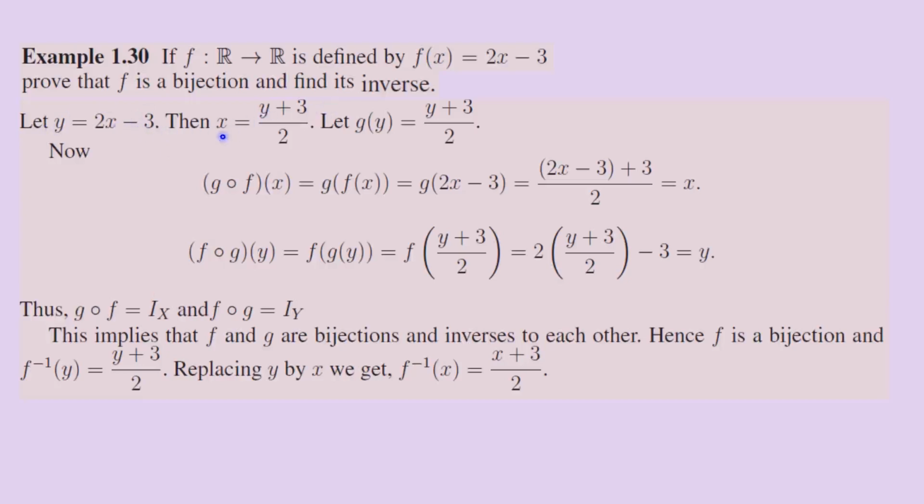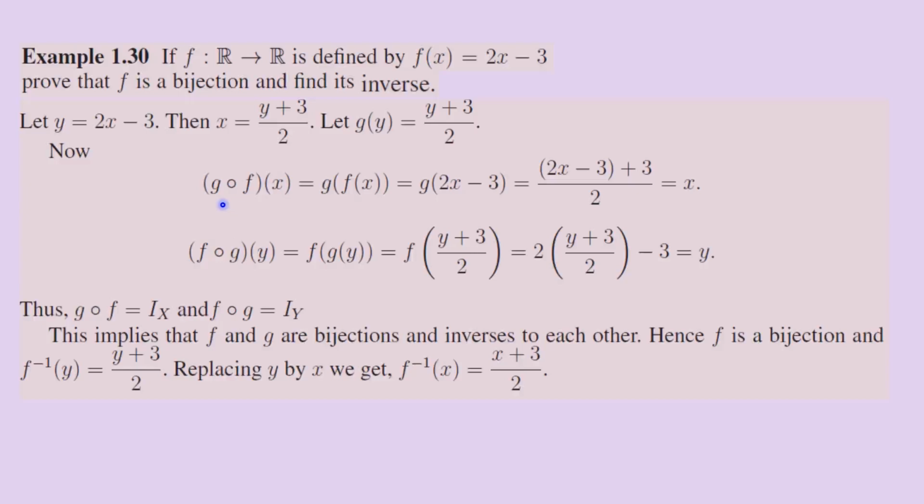We want to find only x, so the 2 beside it moves to the other side and goes to the denominator. Now we take that term as g of y. Let us assume that g of y equal to y plus 3 divided by 2. To prove it is a bijection, it is enough to prove